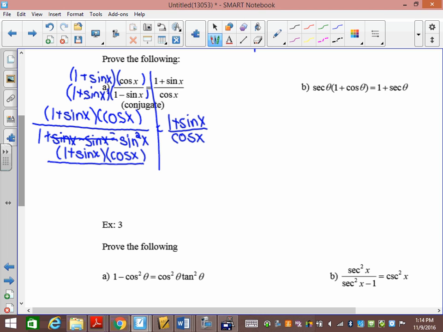Why do we multiply by the conjugate in the first place? 1 minus sine squared x, that Pythagorean theorem identity, the very top one, sine squared x plus cos squared x equals 1, rearranged. So if I move the sine squared x over, I'm going to get cos squared x equals 1 minus sine squared x, right? So 1 minus sine squared x is cos squared x. That's why we multiply it by the conjugate. And now is when people start getting happier because they start seeing that they could probably get them to match. This cos squared x, I can take 1 cos x off for 1 cos x, and I'm left with